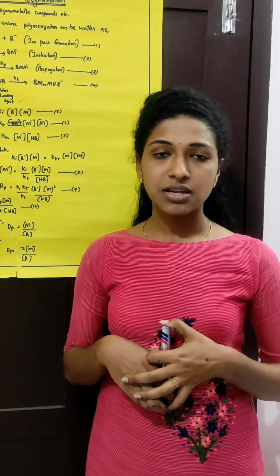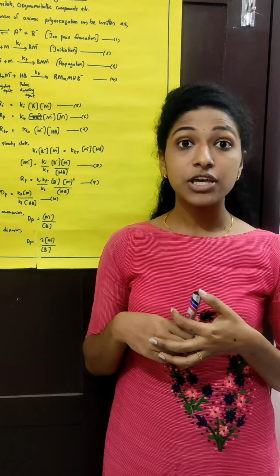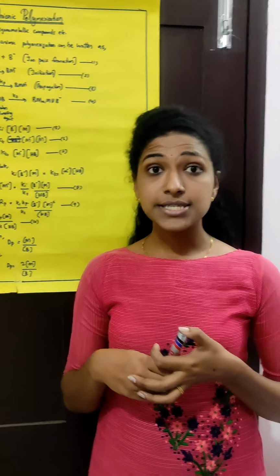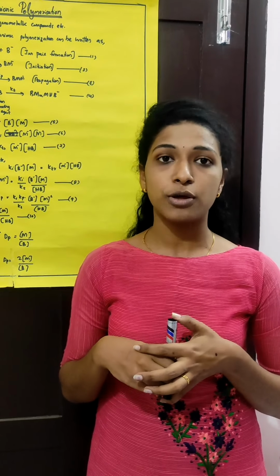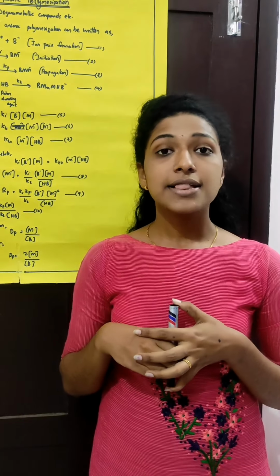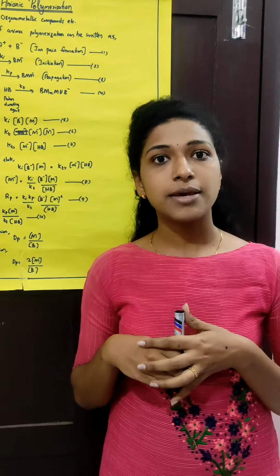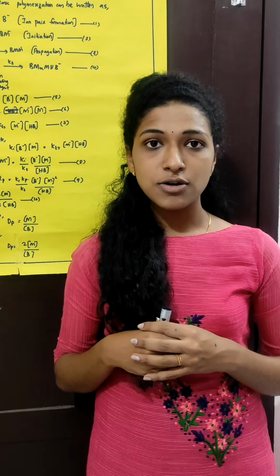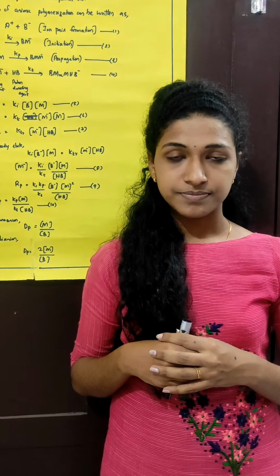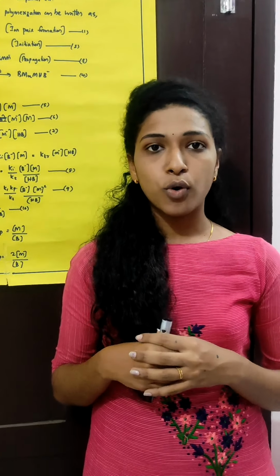There are certain systems in which termination does not take place, for example, living polymers. For such systems, we can follow some assumptions to find the degree of polymerization. First assumption is that the entire quantity of initiator will dissociate at the same time. The second assumption is that all the dissociated anions will initiate chain growth. The third assumption is that all the anions will combine with the monomer. These are the three assumptions.